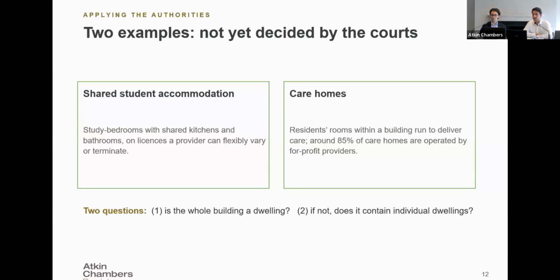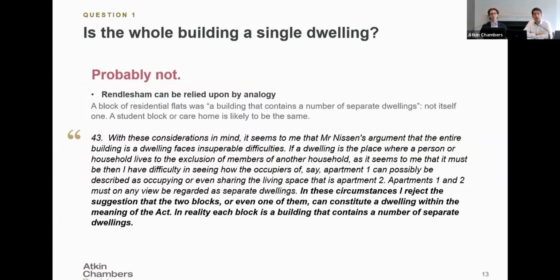And to our mind, one should apply very much a two-stage analysis, which is to first ask whether the whole thing is a dwelling, and if not, does it comprise individual dwellings through the rooms, floors, corridors, etc.? First question, in our view, on the current state of the law is going to be very difficult to sustain if Rendlesham is applied by a subsequent TCC judge. Because in that case, as Nick mentioned, he held that a tower block of flats was